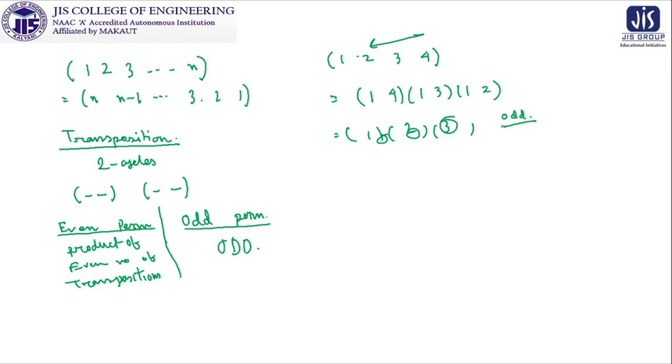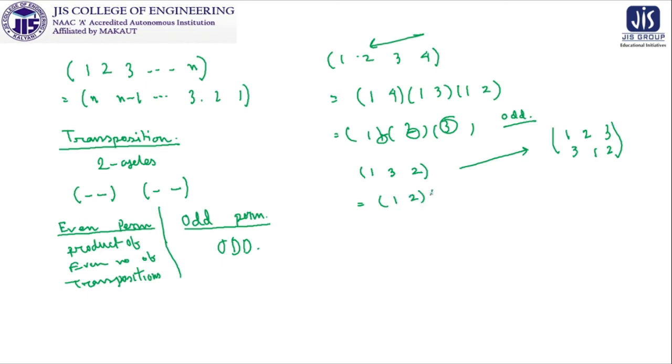Similarly, you can check and test for even permutations also, where you have to convert it into transpositions. Now someone can think, how are we going to test it? Let us take one small permutation like (1 3 2). What does it mean? It means 1 2 3, where 1 goes to 3, 3 goes to 2, 2 goes to 1. So this is the original permutation in explicit form, and it tells us that it will be